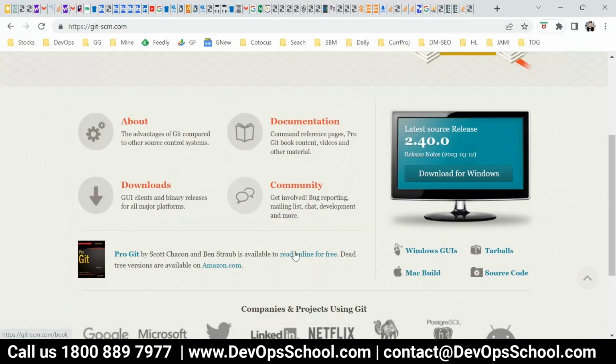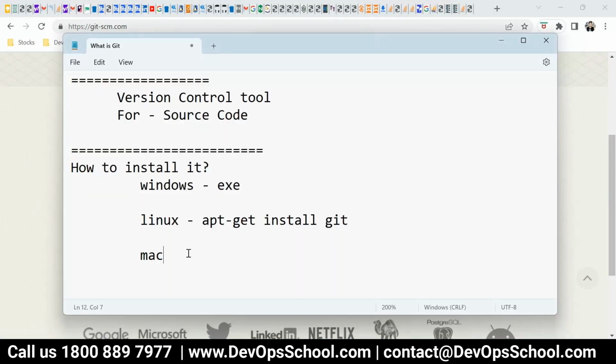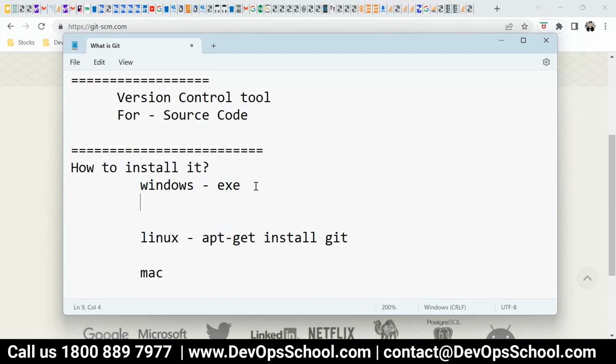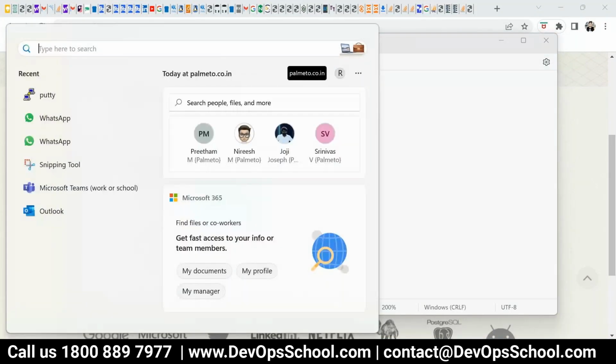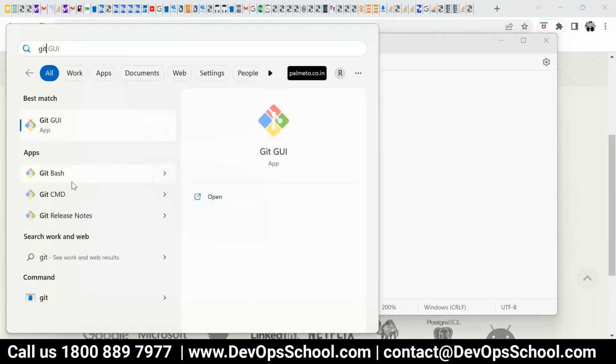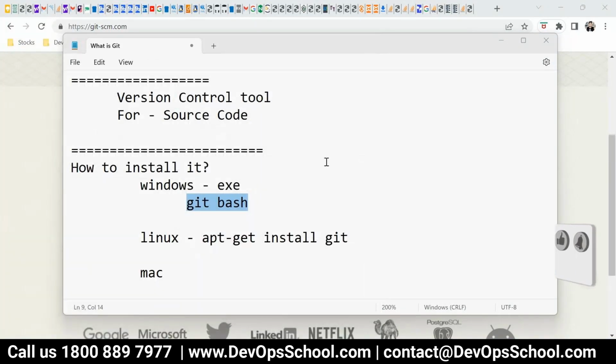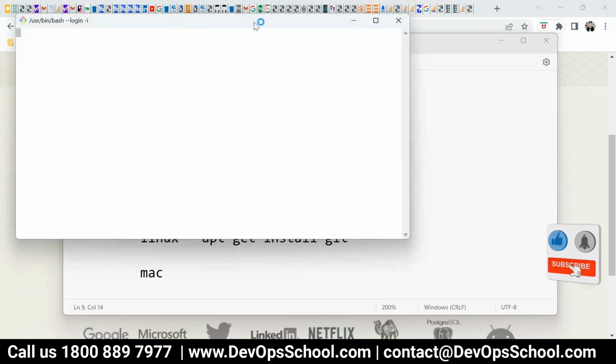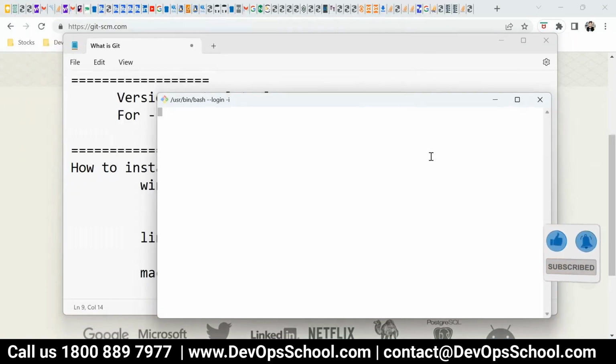In Windows, when you install, there's one more extra utility you get, which is called Git Bash. I have installed Git on my machine. This is the one I'm talking about, Git Bash. What is the advantage of the Git Bash utility? It's a command line. Not only can you run Git commands, but the color combination is very good.